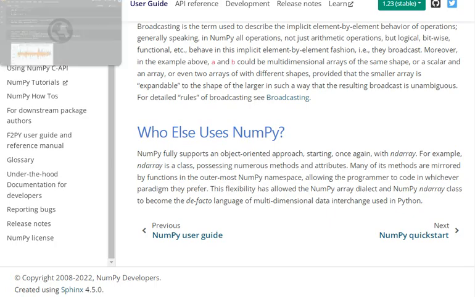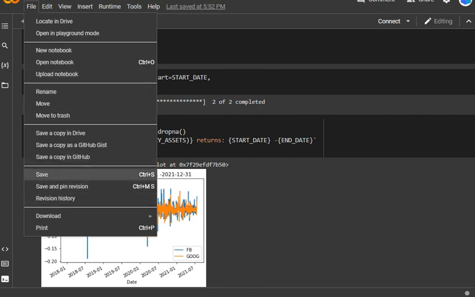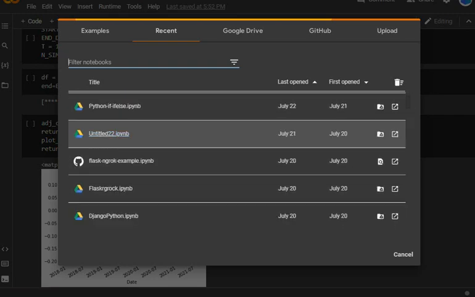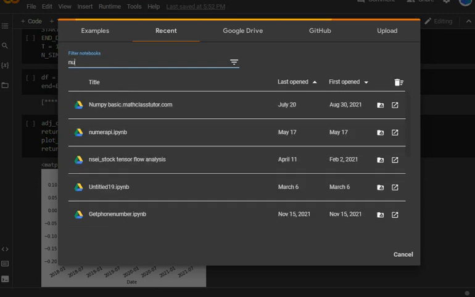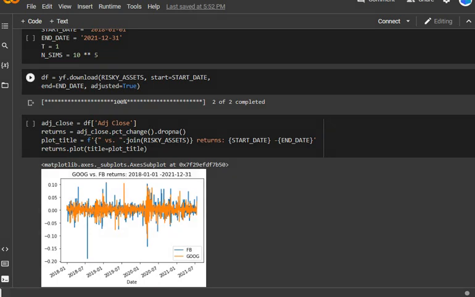So let's see. I have already worked on this and done the NumPy work here.